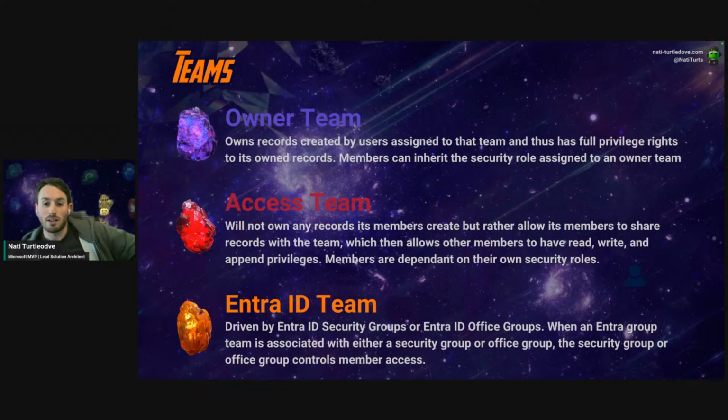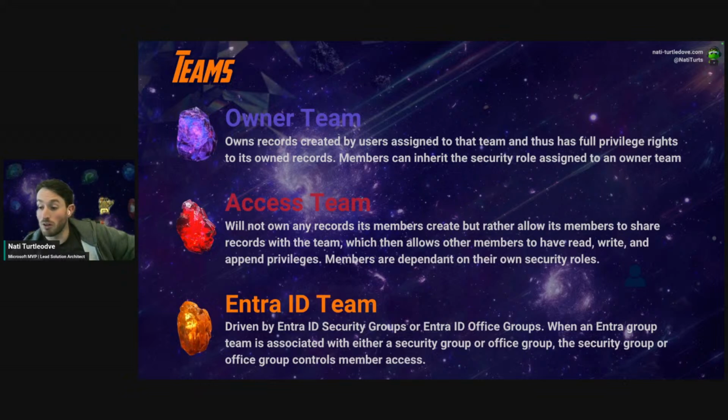Access teams are slightly different. I don't want to get too much into it because, from my experience, we tend to go down a very, very dark rabbit hole with them. Access teams work slightly differently. You can create one, and you can have members as part of that team, but we rely on the members to have their own security roles. So we can't assign security roles to an access team. And if a user needs to access records that are part of that team, when we assign a record to that team, we need to ensure that they've got a security role that gives them access to that data.